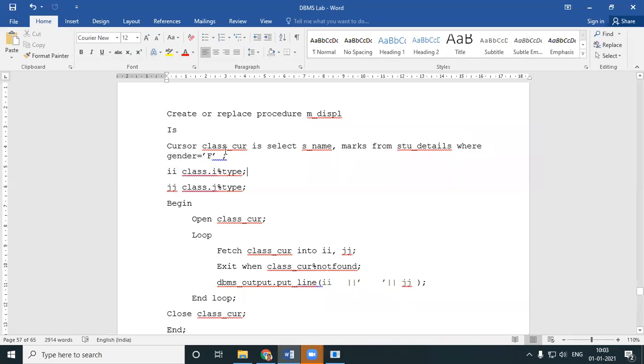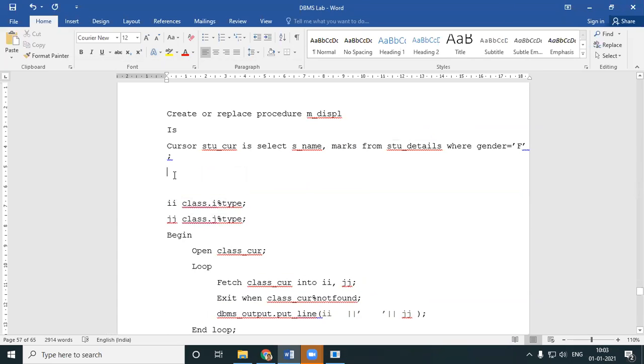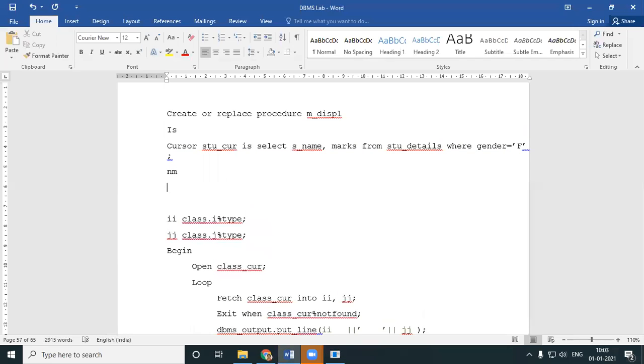Now, just do the magic. Change the name of the cursor. What do you have? STU cursor. Look here, you have name and marks, so I'll rename all these. I have two variables, a name variable and a mark variable.